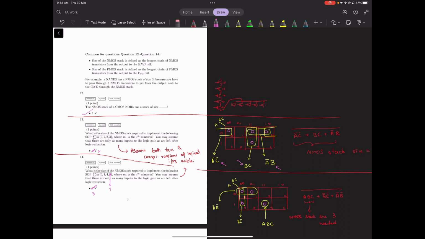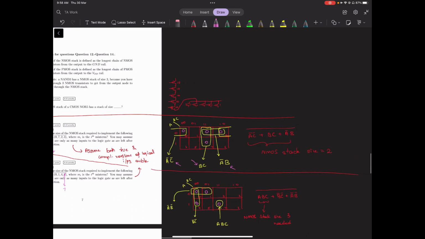And since both true and complement versions of the logical inputs are available, I can just implement it as a stack with this expression. And it's just a single NMOS stack expression,